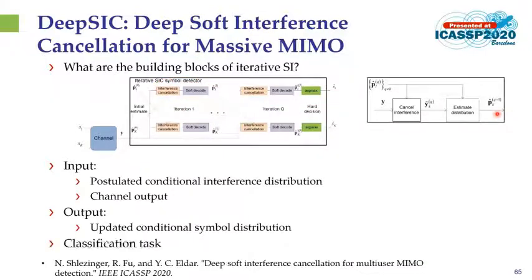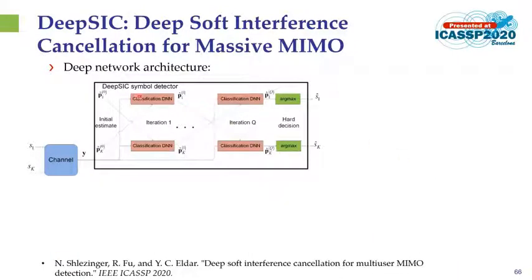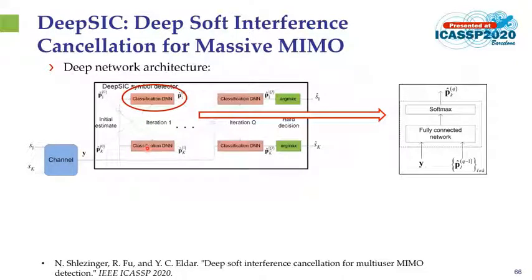As such, each one of those building blocks essentially implements a classification test in which it outputs a conditional distribution of a label, which here is the symbol, given its input. Consequently, such building blocks can be accurately learned using classification network with softmax output layer trained to minimize the cross entropy objective. Consequently, we can implement soft iterative interference cancellation method in a data-driven manner by replacing those building blocks with dedicated classification DNNs. Now, the question that comes to mind is, how do you train the resulting architecture?